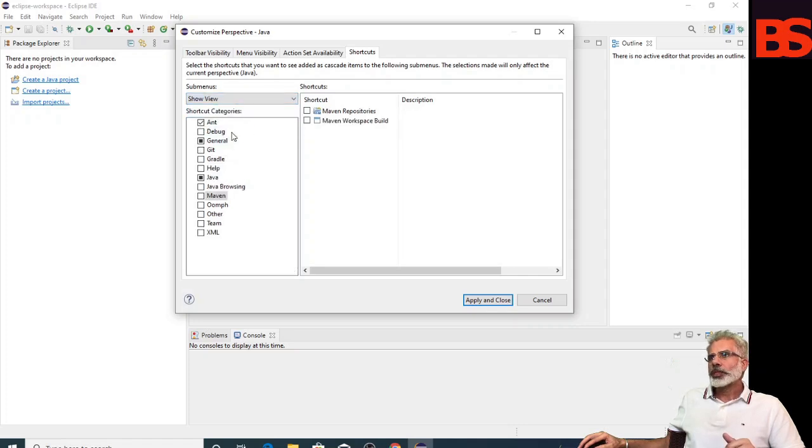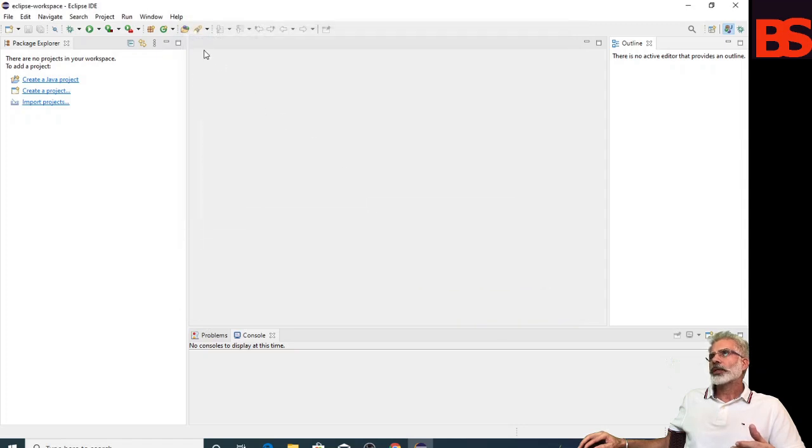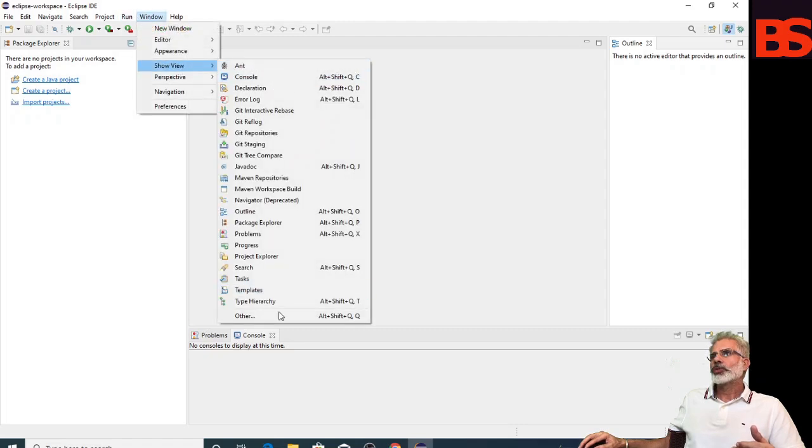Now you can see Ant, General, Java, and just the views related to these perspectives are available. But if you want Maven, okay, and Git, okay, apply and close. Now you can see the list has been increased, like go to show view, and the list has been increased.